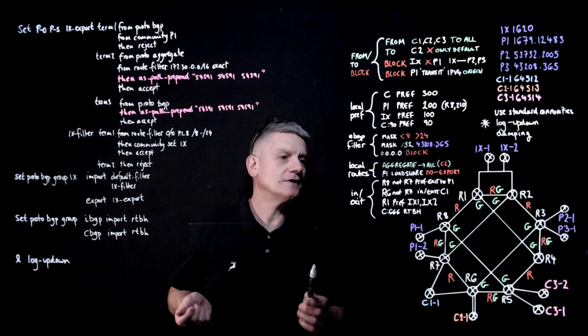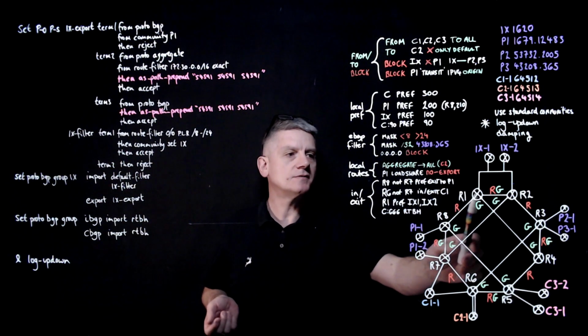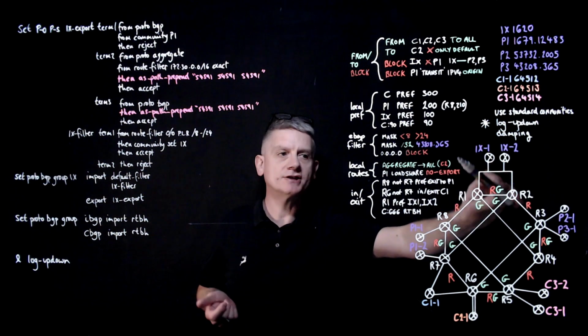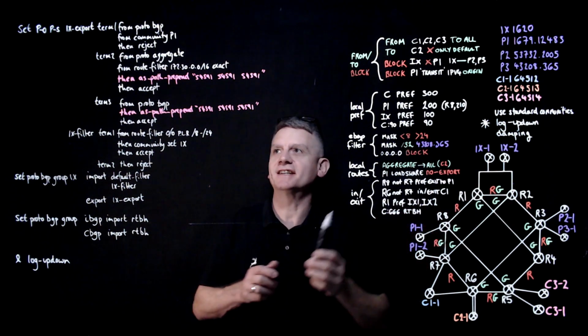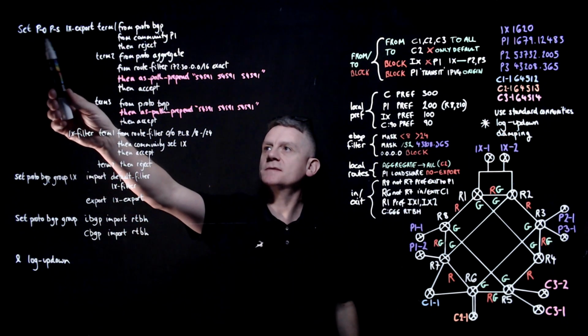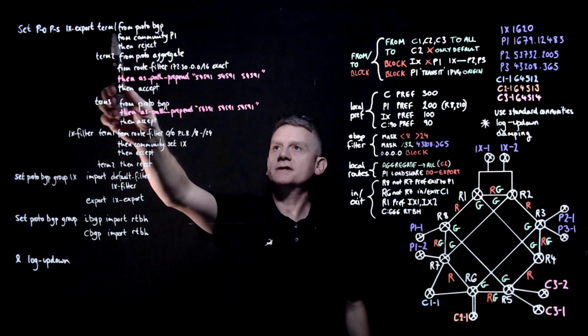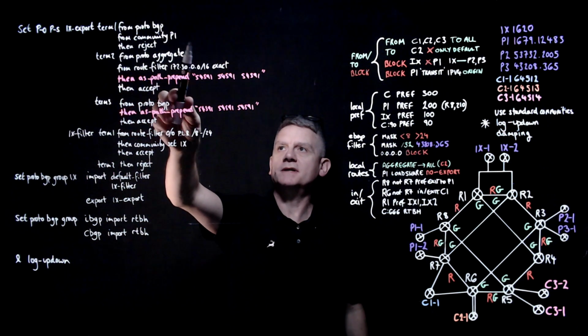Okay, so we're ready for the first two peers, router 1 and router 2. They're going up to the Internet Exchange. We want to prevent peer 1 from sharing its route with the Internet Exchange. So here we go: set policy-options policy-statement IX-export term 1 from protocol BGP, from community P1, then